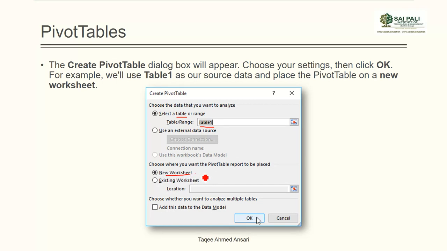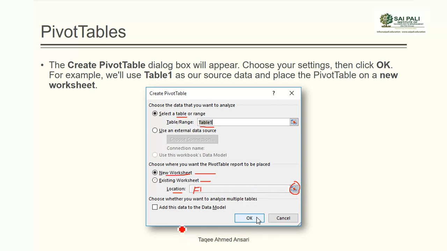You can create it in a new worksheet, or even in an existing sheet. If you select the existing sheet, it will ask where in the existing sheet. So you can give the cell address here directly, or you can click on this arrow key to select the cell from the worksheet.